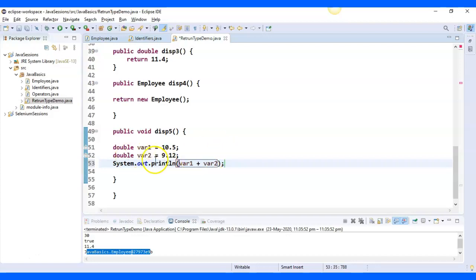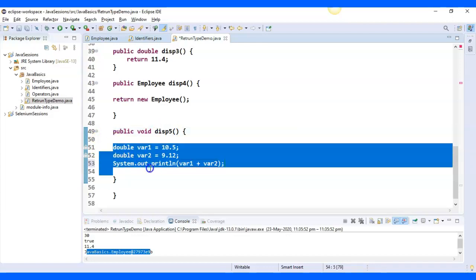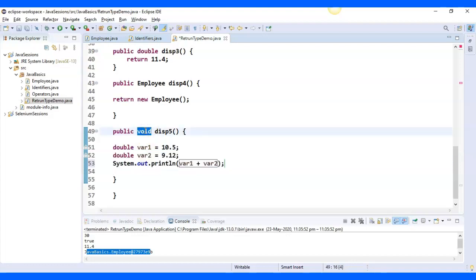So what this will do is add these two double values, 10.5 and 9.12. So disp5, although it is not returning any value, the moment I call this method disp5, it will execute all these statements, but it will not return any value. Okay, so let's see if